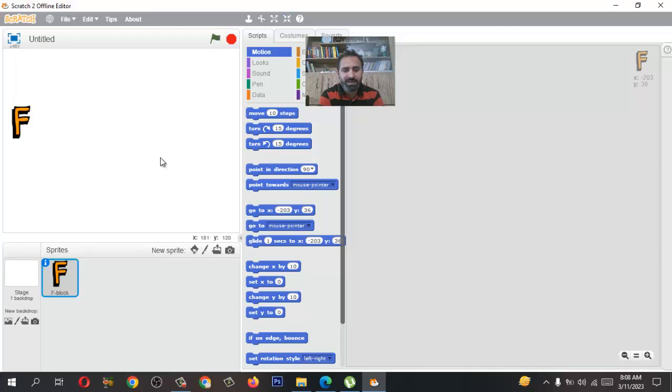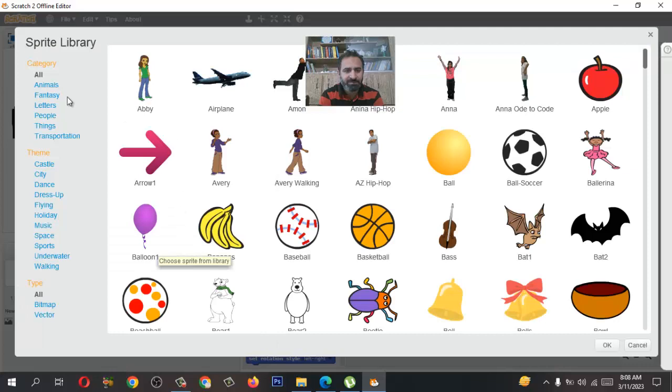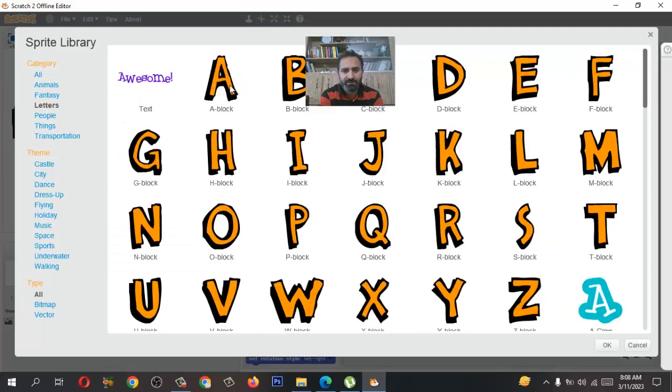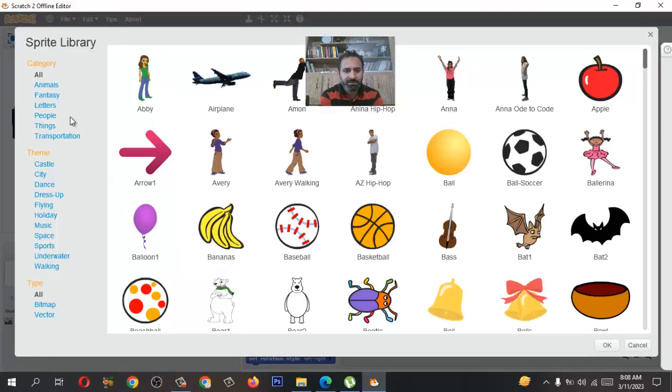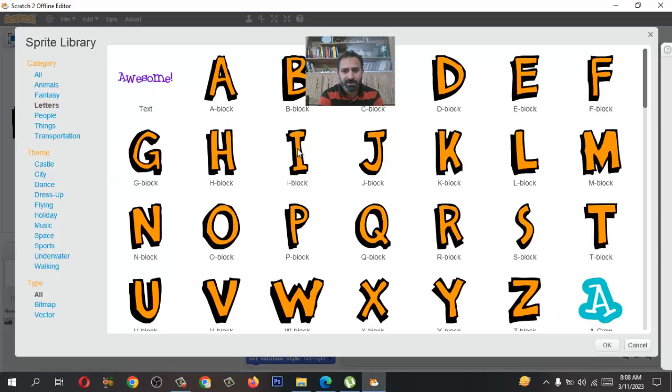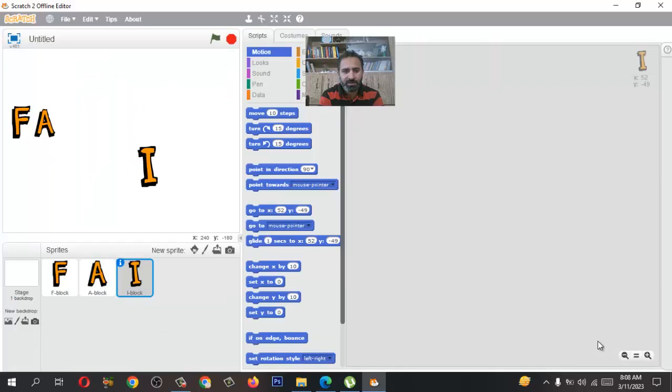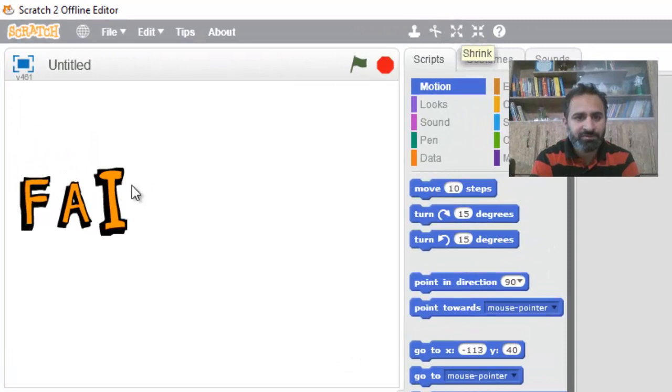Okay, now next one is A, so I'm looking for next sprite, so click on letters. Now FA. Okay, now let me shrink this. Okay, now place it over here, FA. Now next one is I, so I will go again, sprite here, click on letters. Now click on I block, click on OK to insert it. So just place it over here. Now shrink it, click on shrink, select, and now tab here, just like that,